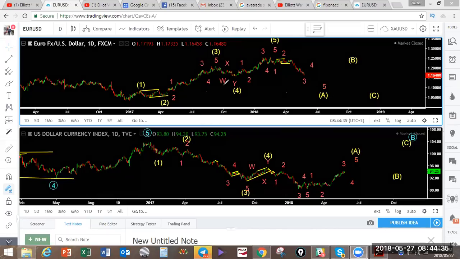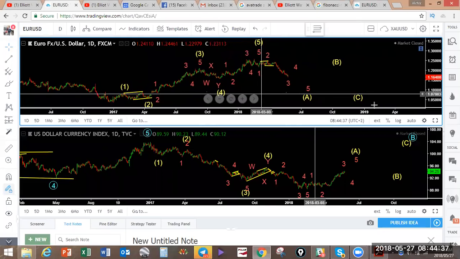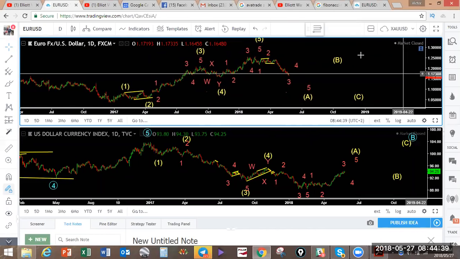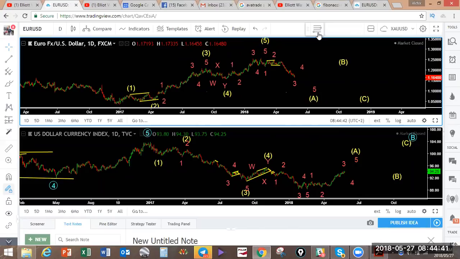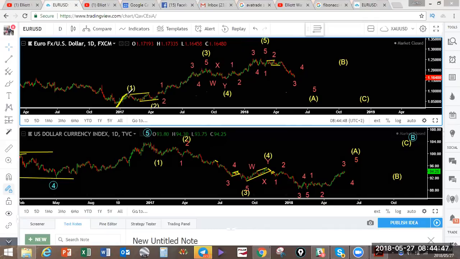Great. So what we have been looking at on Euro US dollar and the DXY has been this impulsive move here. It may not be clear now, but I'm going to go to single charts just now. So we've been looking at this 1, 2, 3, 4, 5 for the last couple of days, right? So those who watch this weekly would remember that we were looking for at least one push up before we get this move, okay? But I will show you why we did not get this move up,